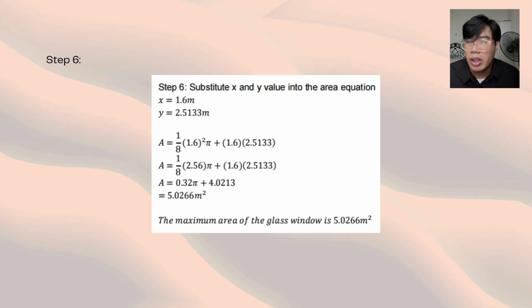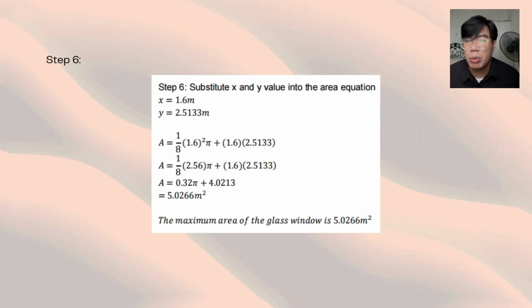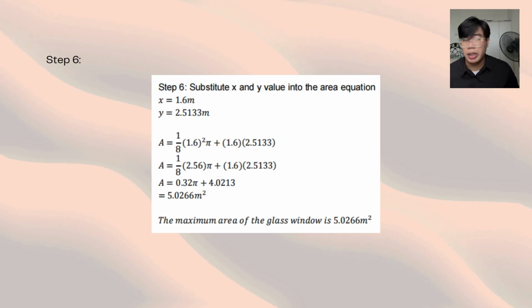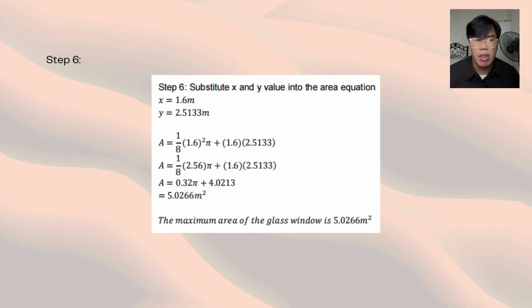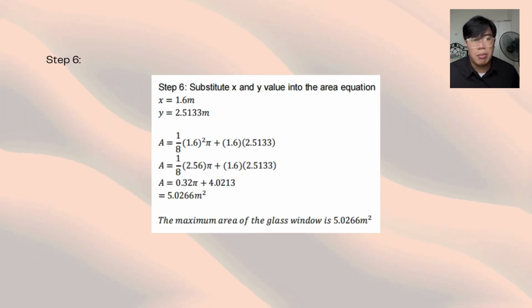We end up with 1 over 8 times 1.6 squared pi plus 1.6 times 2.5133. Simplifying it even further, 1 over 8 times 2.56 pi plus 1.6 times 2.5133, and then simplifying further, 0.32 pi plus 4.0213. At the end we end up with 5.0266 square meters. Therefore, the maximum area of the glass window given these dimensions is approximately 5.0266